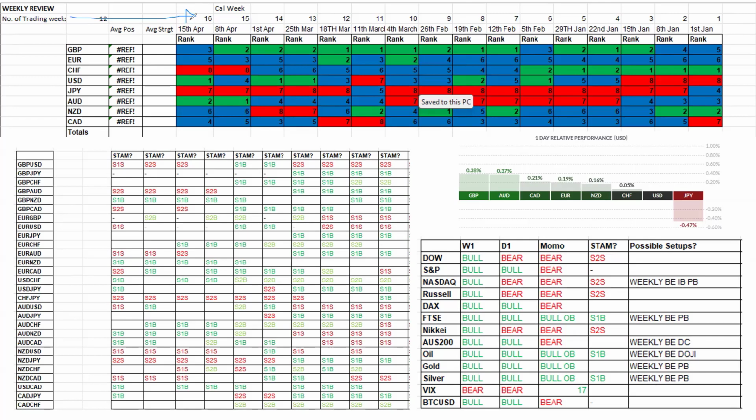We're into week 16 of the year, the 15th of April, and I'm looking at where the strength and weakness are. What we've seen is that the US dollar has battered its way back into the top of the pile. Not really a massive shock. Remember last week we talked about indecision with the dollar across all of the majors. I was saying it was waiting to make its decision, and it certainly did make its decision, accelerated by what we saw over the weekend. We'll look at that on the live charts in a moment.